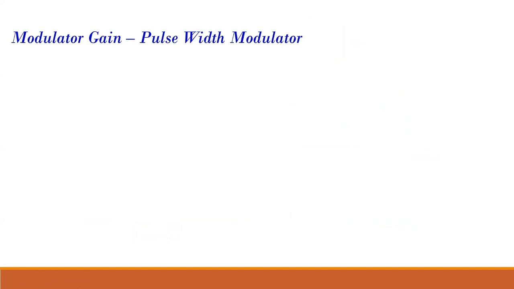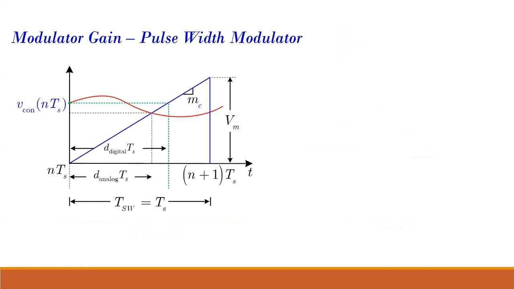Now, when I will proceed for digital control, what is the difference in digital control is, this is how my V-con is changing with time. But when I use digital control, I sample it. So I take the sample at this instant, I take the sample at this instant and it is kept fixed. So because it is kept fixed, my